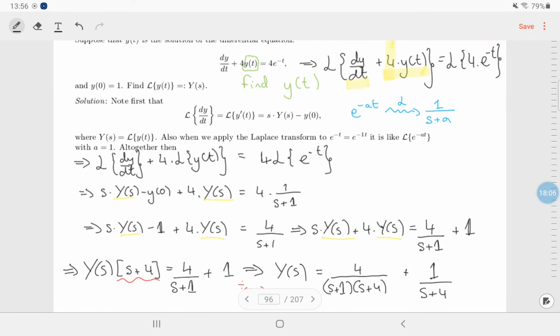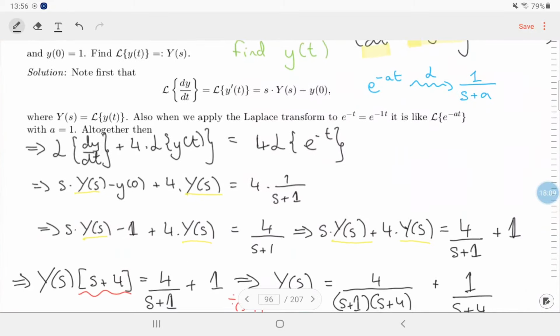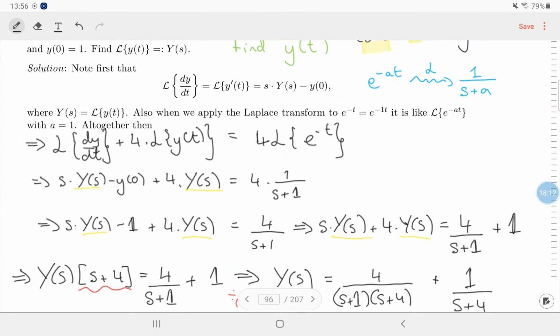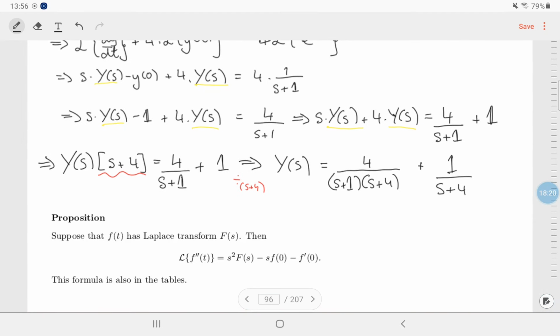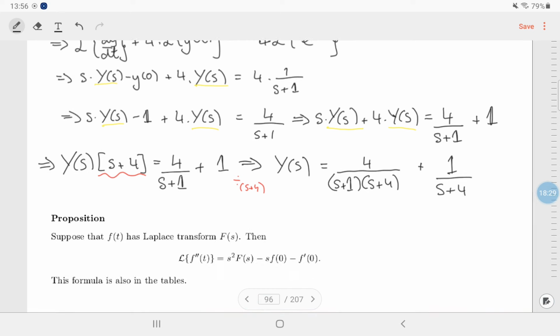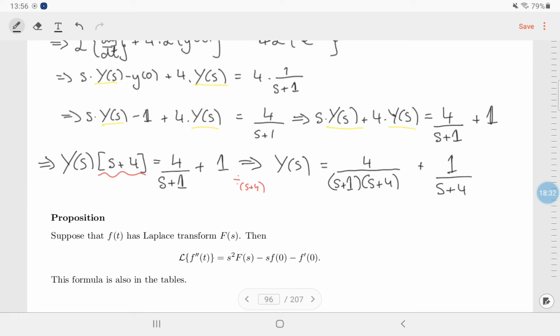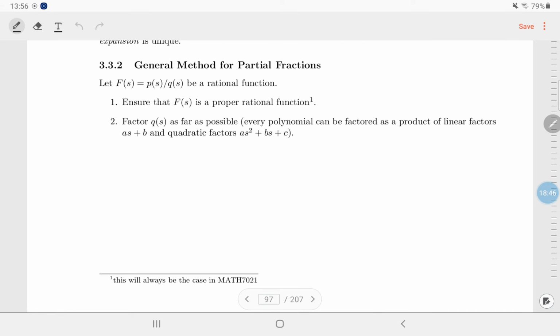Essentially you've taken your differential equation, translated it into an algebra equation, and solved the algebra equation. Now you have to translate back from S to T, and that won't be easy. We have a similar story with second derivatives, and although we won't be using them, there are formulas as well for third derivatives, fourth derivatives, etc. Essentially the Laplace transform will turn the fifth derivative roughly into multiplication by S to the 5. So it turns difficult differential equations into algebra equations, which we know how to solve since we were in secondary school. Okay,